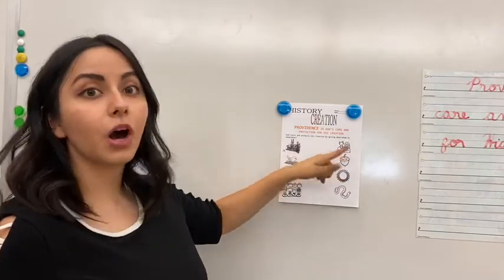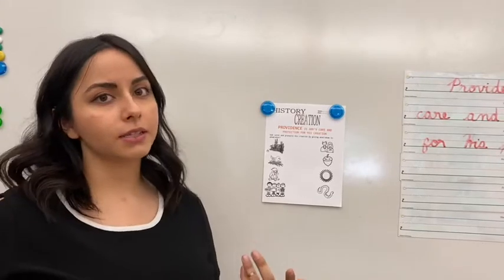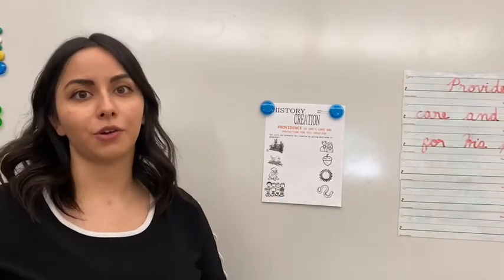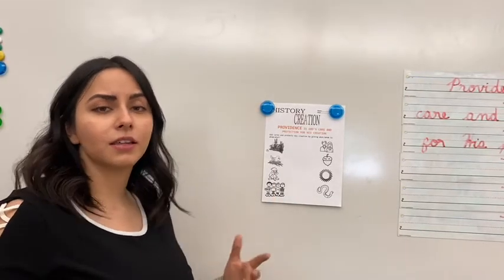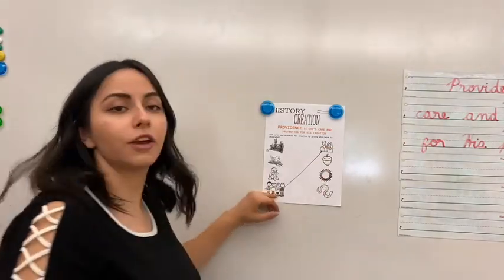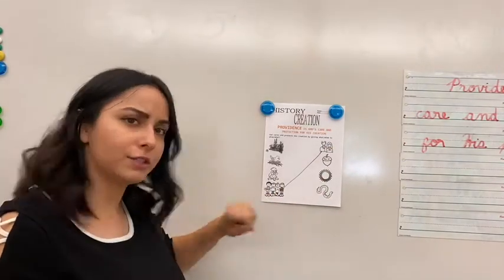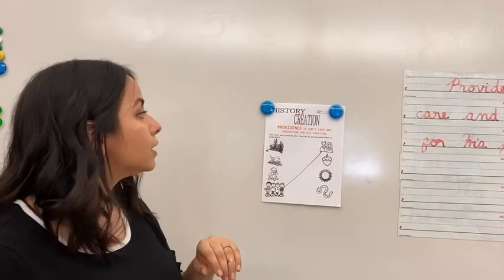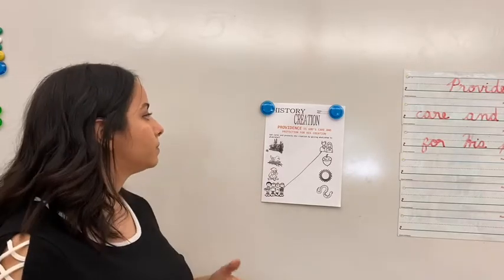What's that? A mom and a dad. Now, who does the mom and dad take care of? Of the kids. They love their children. They protect their children. So mom and dad take care of their little children. They have a lot of little kids, don't they? Four of them. All right, so let's go on to the next one.